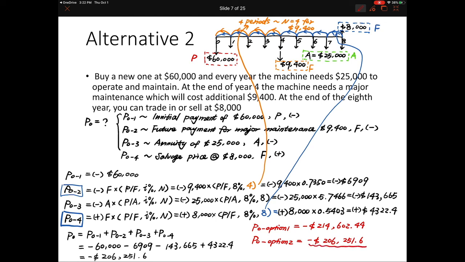You want to choose the less negative, right? You want to choose this one because you're going to pay less, which means option 2 is a better